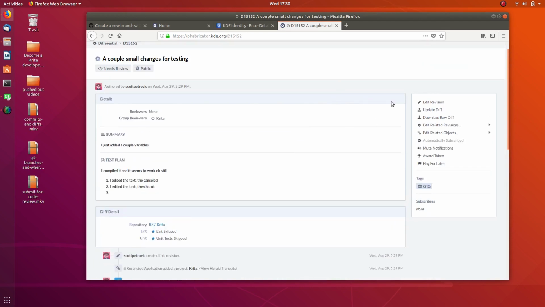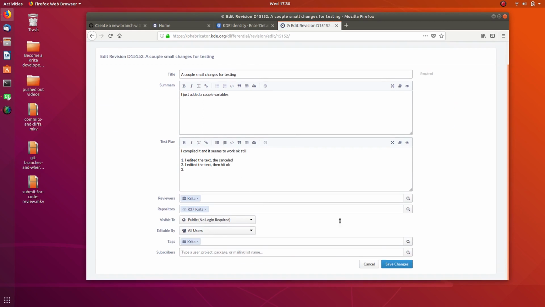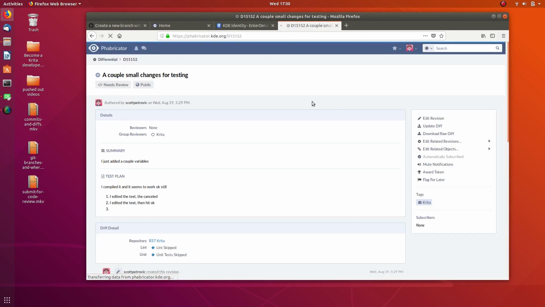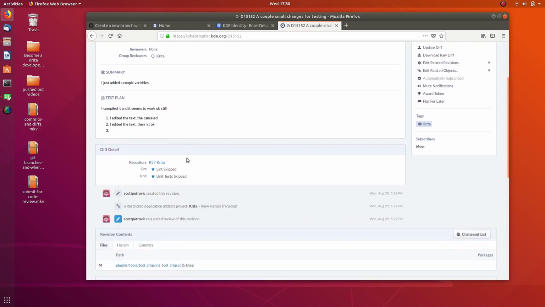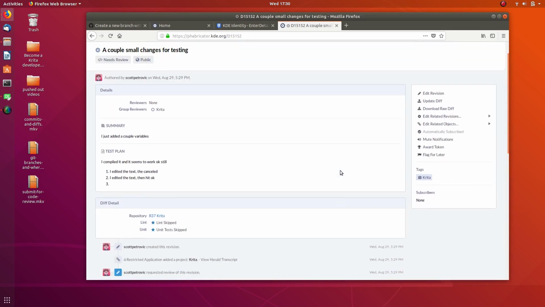If you want to do some changes with it, you can just do edit. You can edit these at any time. If a programmer talks about something with, say, that the title isn't very descriptive, or maybe you need to add some more details into the summary. So usually what happens at this point is